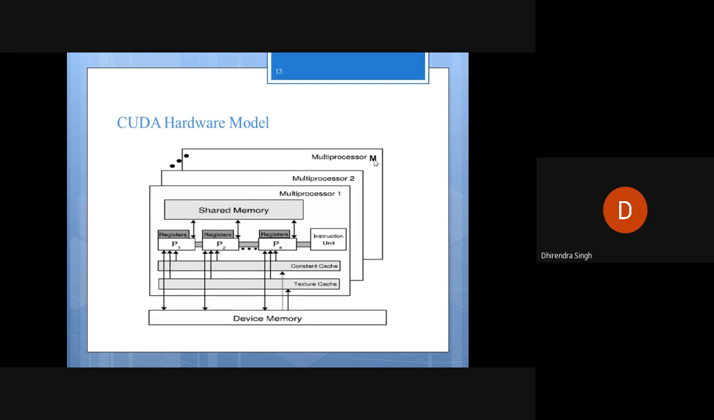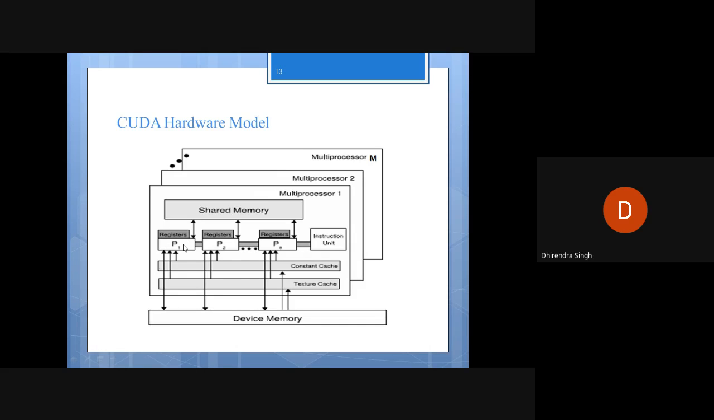Then every streaming multiprocessor will have multiple processing units inside it. Like in this figure, it has processing units P1, P2 up to Pn, I think. So it has multiple processing units. These are the actual processing units which are going to execute the threads. Okay, then